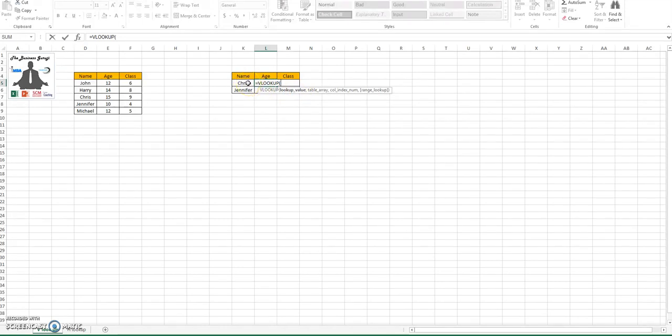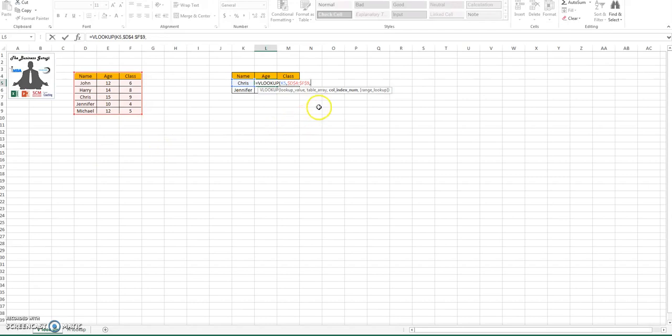Lookup value is the name, the reference that you want to use, which is Chris, comma, table array. From where do you want to start? I want to start from this particular row. Now, one thing to be kept in mind is the indicator against which you want to match has to be in column number 1. Otherwise, this function would not work. I will also press the F4 key to freeze the cells. Now you can see that the dollar sign has come against these values and it has frozen the cells. That means whenever I copy the formula to other cells, this table will remain intact and would not move,